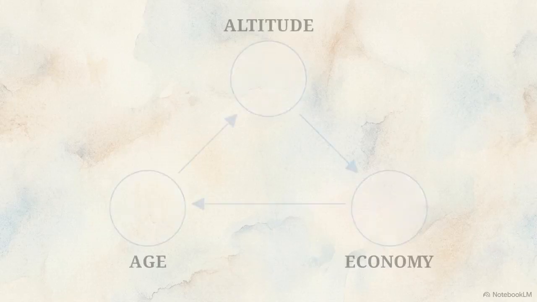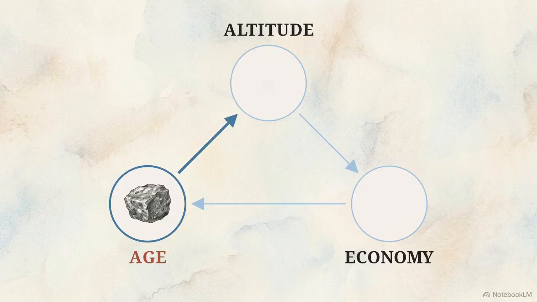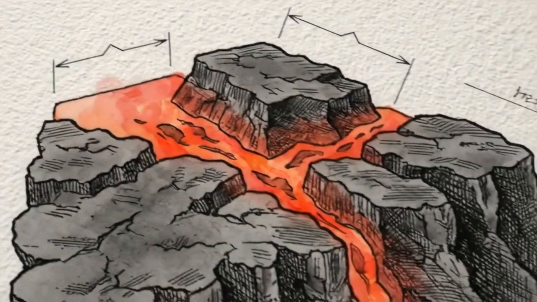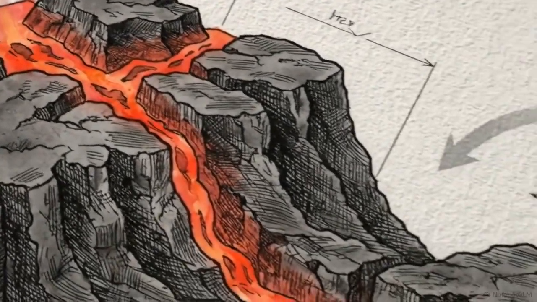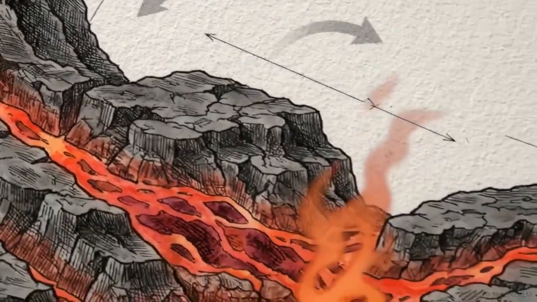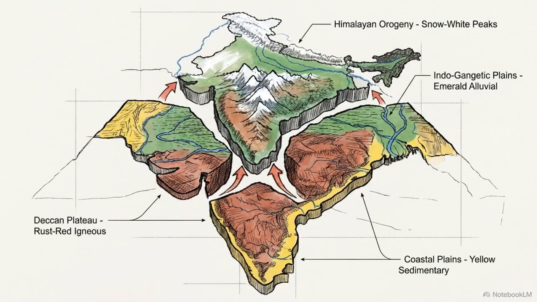To understand this machine, we use the age, altitude, economy triad. The geological age of any region determines the rock types found there, which in turn dictates the elevation, the soil quality, and the industrial resources available today. We are going to build the subcontinent chronologically, starting with the oldest Archean bedrock and moving forward in time to the most recent river sediments. Tracing the assembly of the land reveals the internal logic of the subcontinent, making geography intuitive rather than a series